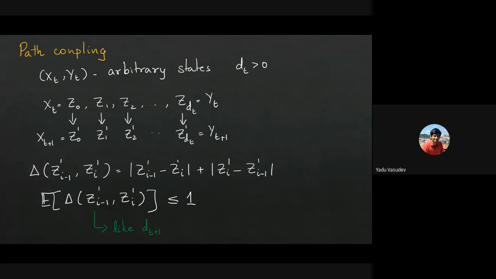This is at most delta of zi minus 1, zi, because zi and zi minus 1 differ in exactly one vertex. So this quantity can be at most 1. That is what we just proved in the previous analysis, because of the fact that this sequence of states differ in exactly one vertex. Their symmetric difference is exactly 1. So you can apply the same analysis from there to say that the expected value of this delta value is at most 1. Is that okay? Any questions?